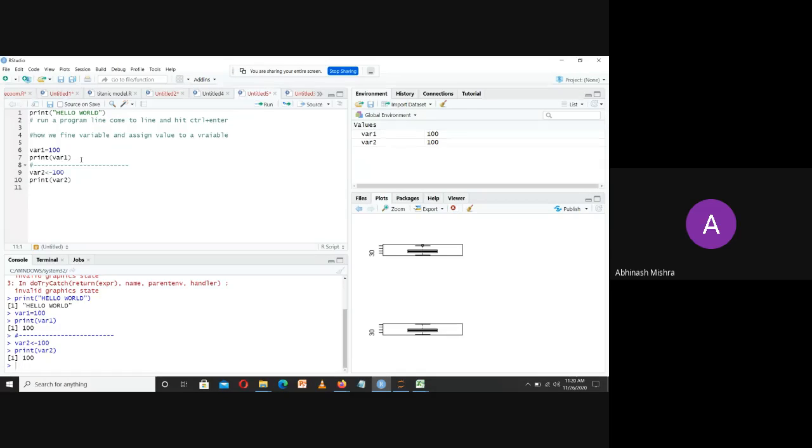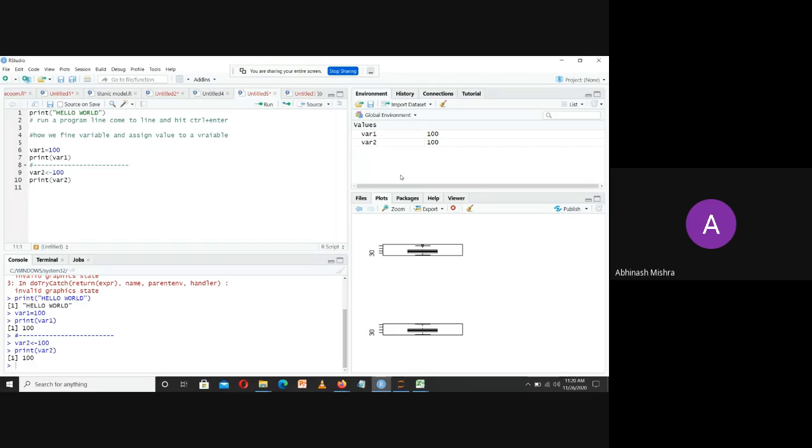Now suppose you are having this particular screen, and what do you have to do? You have to first of all clean the screen. You want to clean not this particular main screen, but this particular global environment. So what will be the code in order to clean this global environment if you want to do some sort of analysis from the starting?